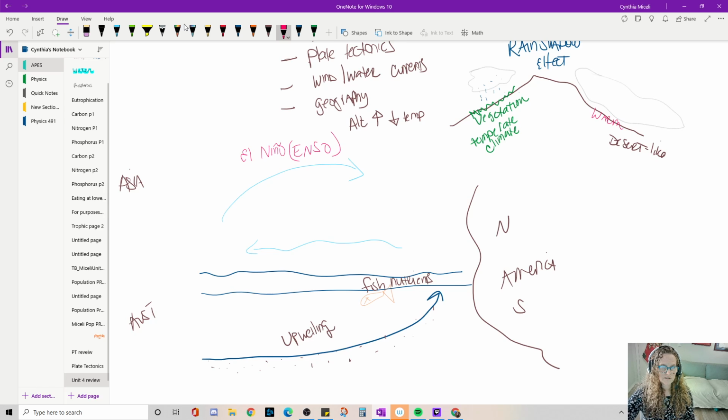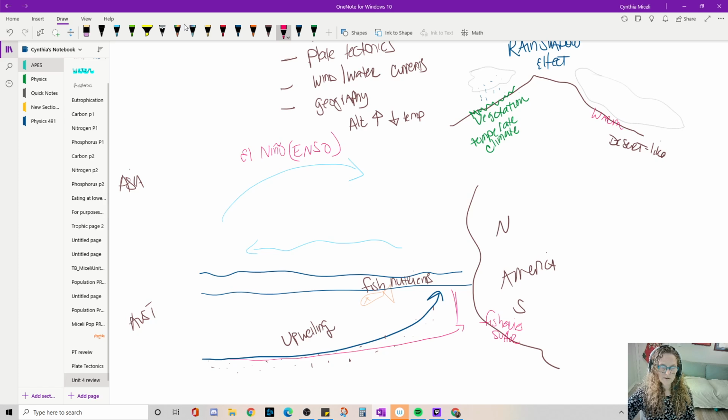So this wind can slow down, it can reverse direction, and so can the currents. And so the upwelling either isn't as extreme or it actually stops altogether, but these nutrients don't make it up high enough for the fish to get anything. So fisheries suffer,